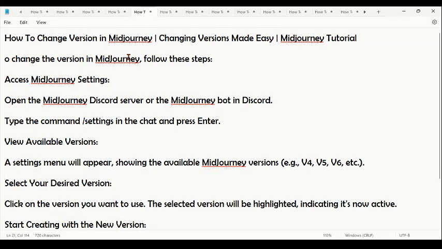In this video, I'm going to walk you through how to change version in Midjourney. So to change the version in Midjourney, follow these steps. First, access the Midjourney settings. To do that, open the Midjourney Discord server or the Midjourney bot in Discord, then type in the prompt /settings in the chat, then press enter, then view available versions. The settings will appear